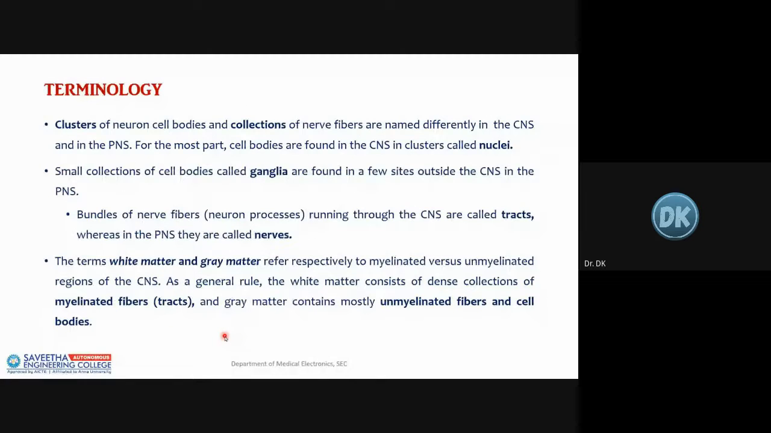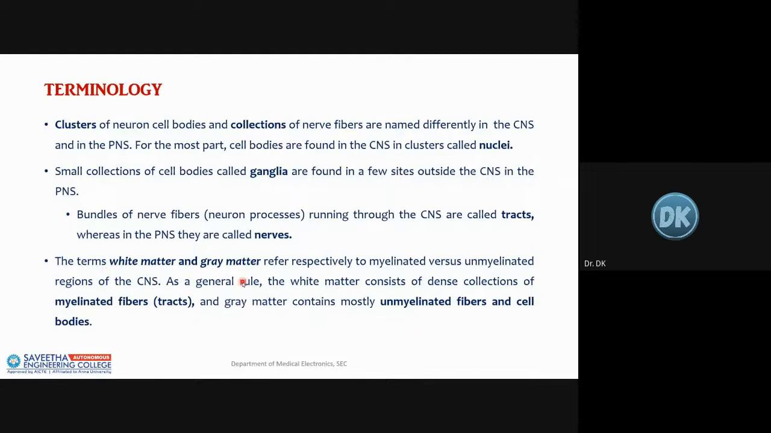Next thing is some important terminologies regarding your nervous system. First thing is your nuclei or the clusters. When many cells come together as a cluster group, we call it nuclei, and a small collection of cell bodies we call ganglia, and a bundle of nerve fibers we call nerves, and white matter